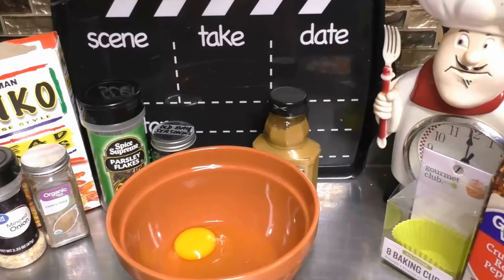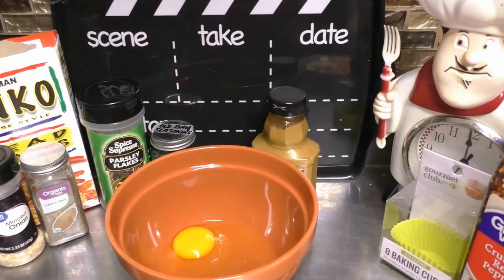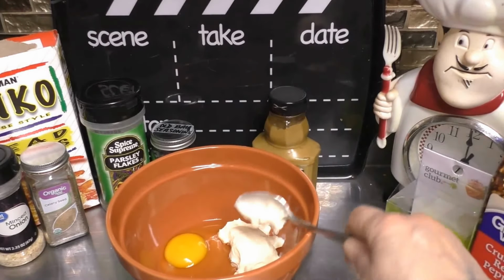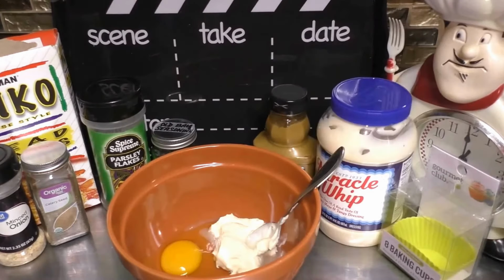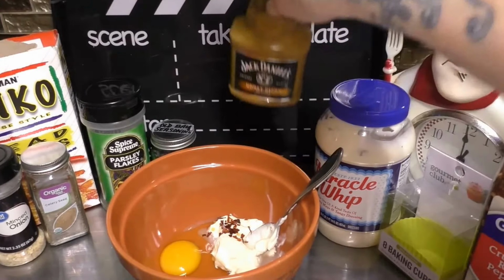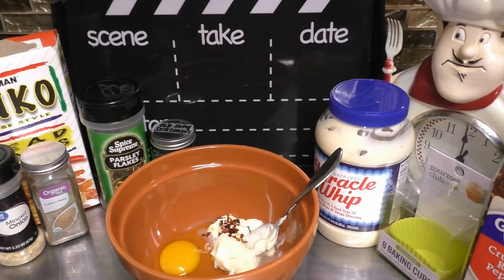one-fourth cup of mayo. Use whatever type you like to use. I'm using Miracle Whip, but I'm not going to say you have to use Miracle Whip. If you want to use Hellmann's, go ahead and use Hellmann's. Add 1/8 teaspoon of the crushed red pepper, half of a tablespoon of honey Dijon mustard,